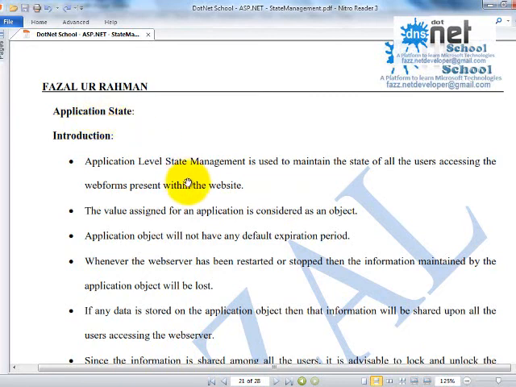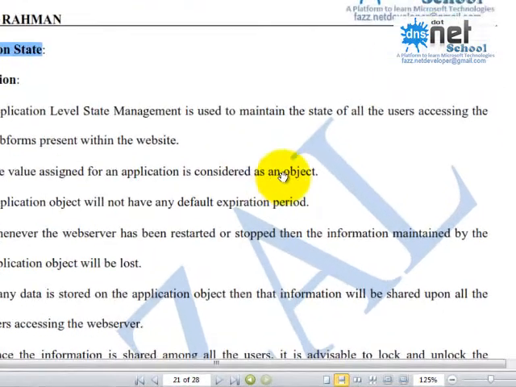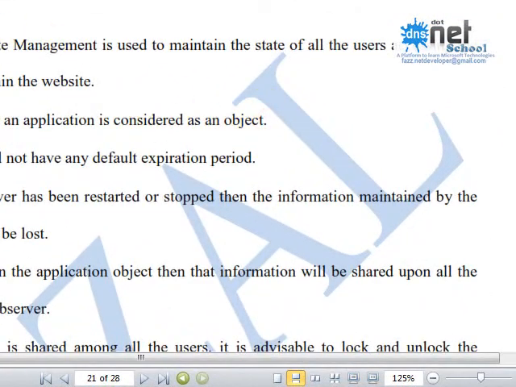Application state is simply a common memory for all the clients, shared by the web server. It is not specific to any particular client; it is independent of the client. The value assigned for an application is considered as an object. Application state is also a